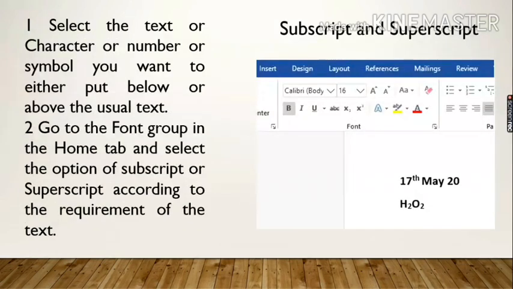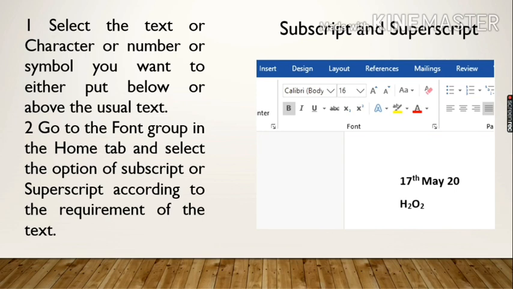Subscript and superscript. The characters that are either slightly above or below the normal text are called superscripts and subscripts respectively. For example, in the chemical formula of water, H2O, the 2 is in the subscript.